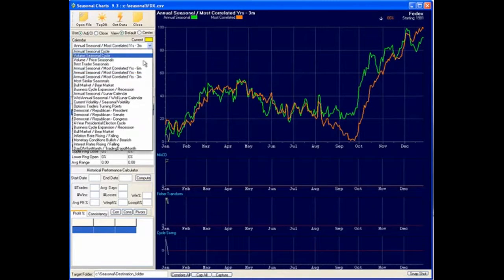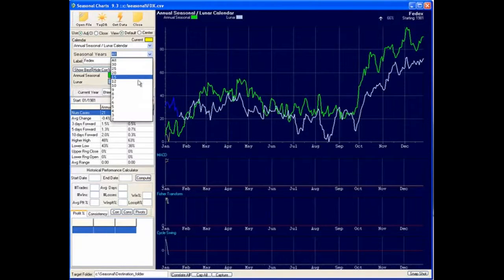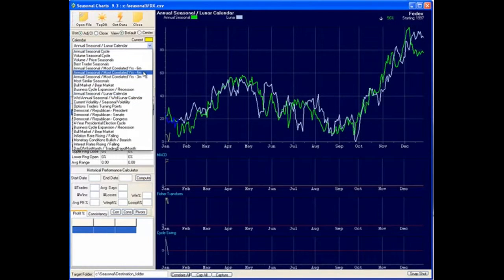And let's see if the lunar calendar seasonal gives us any extra information here. Well, that suggests that we might have, and you can see the lunar calendar is doing a better job at predicting than the regular seasonal for all data. That says April here. That might be something where you want to hold it till April. So if we go back to the regular seasonal,